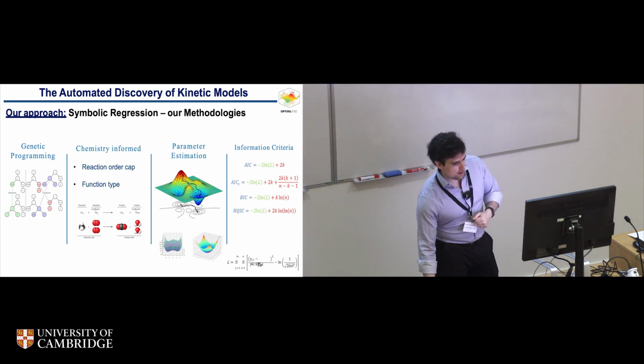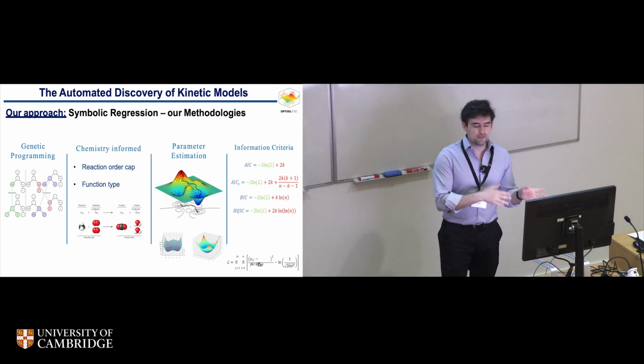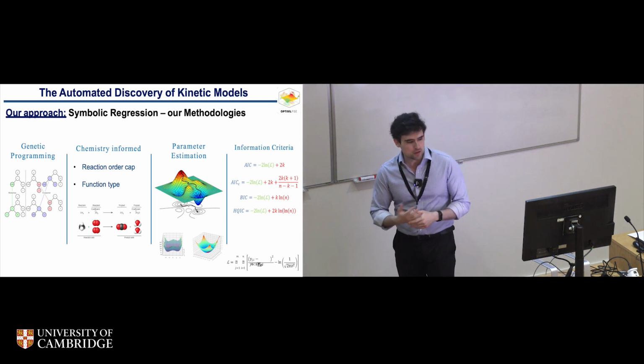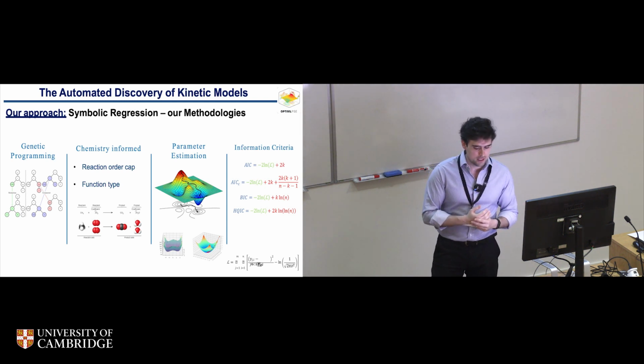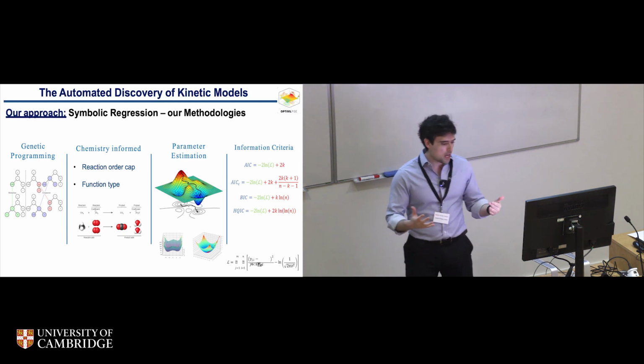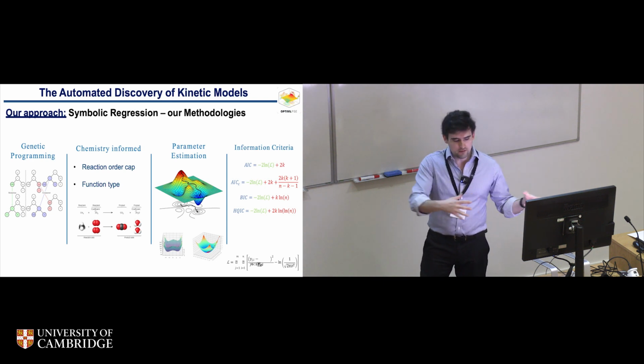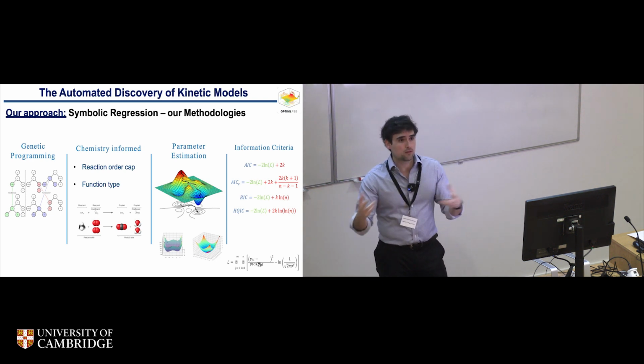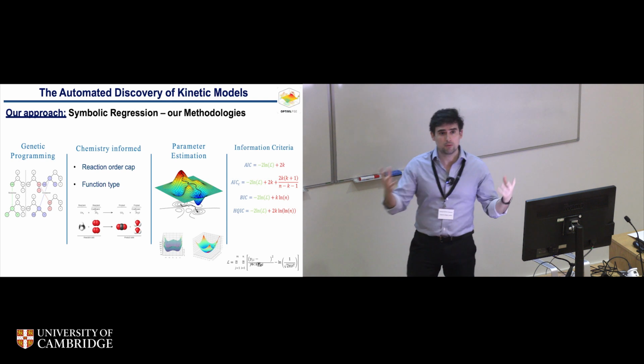So there are many information criteria. Different kinds make different assumptions, and all of them are more or less similar. But this is an important part that we are still trying to research. What we did for now is, because different information criteria will work better or worse for different systems or problems that you have,